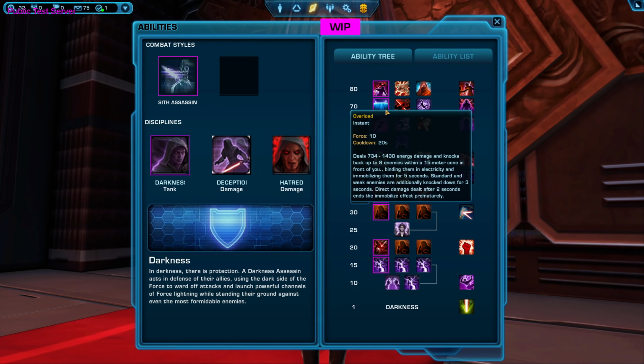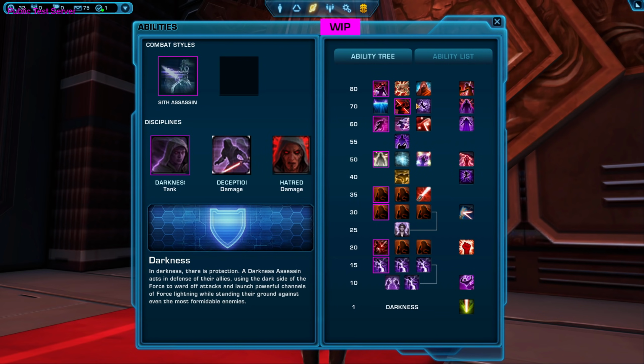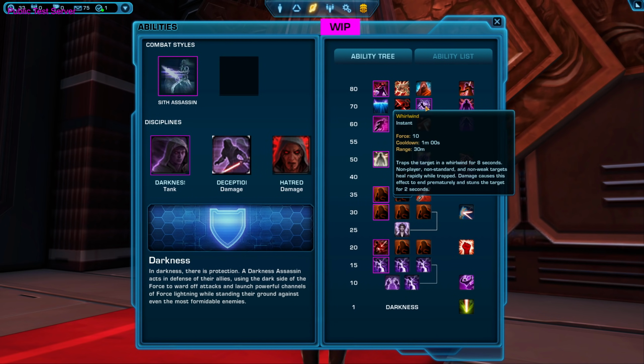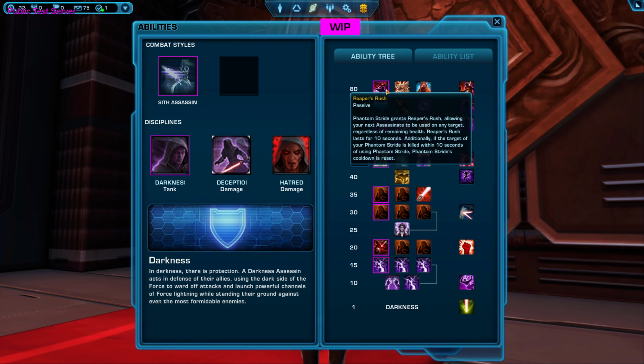However, my level 70 choice becomes a choice between having my Push, my Overload, Severing Slash, which is my conal attack, and lastly, my Whirlwind, which is my CC. So the level 70 choice is not very scary, I think. I mean, you're still going to want to decide per fight, but it's not like I'm missing my key tanking abilities. And at level 80, you will get to make your final choice, and that's going to be between